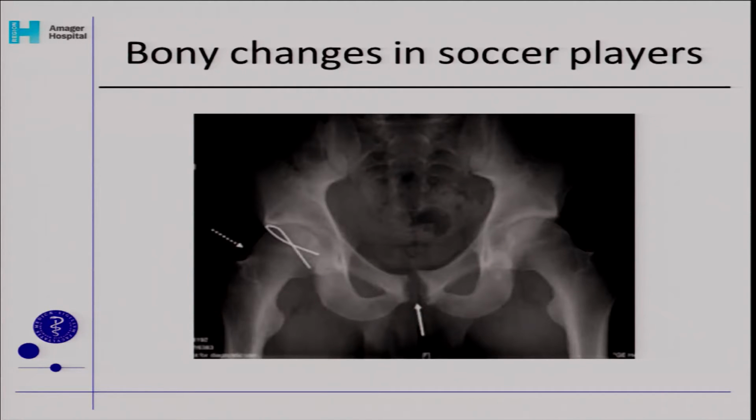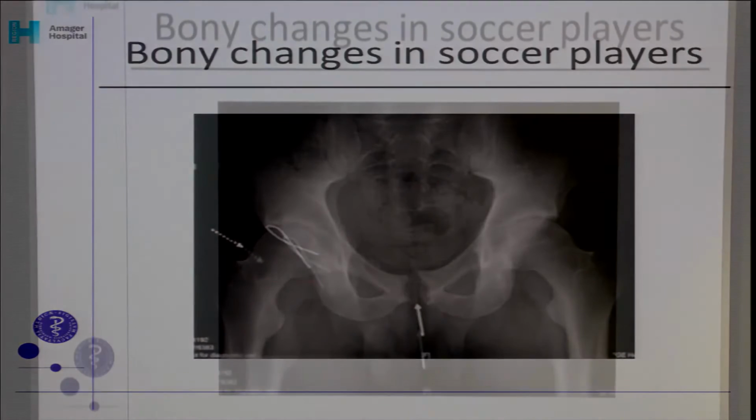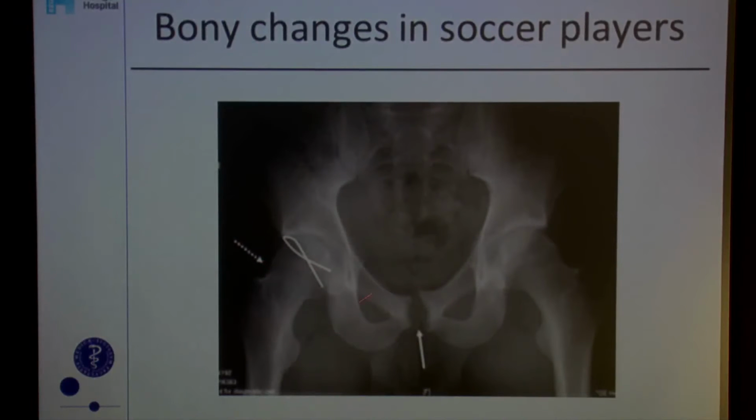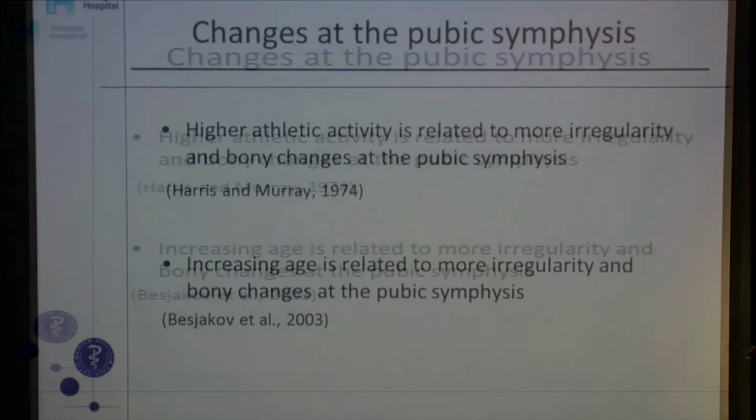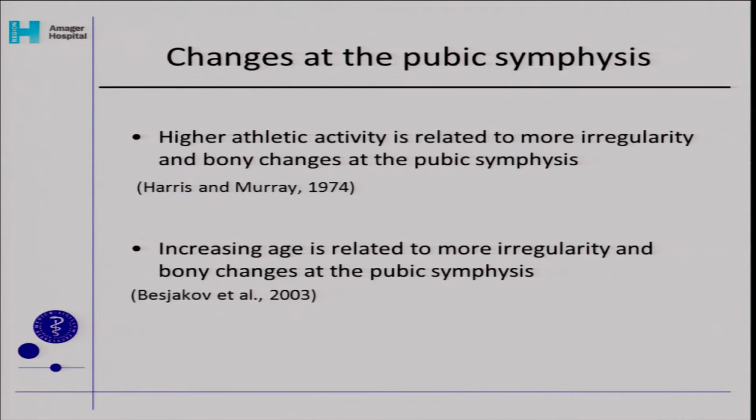here are a lot of things going on. And now, the thing with this is that we don't have a lot of studies on all the tissues that we've been looking at today and yesterday. But if we look at bone and radiology, you would say that here is some pathology, and here might be some pathology. The problem with these studies showing pathology on X-rays is that the few studies out there actually suggest that these changes at the pubic symphysis are more related to the athletic activity. So the more soccer these guys were playing,